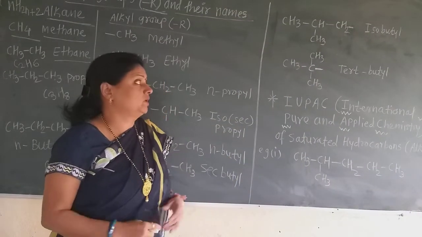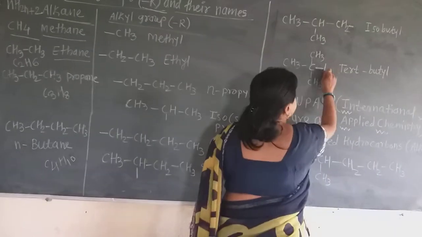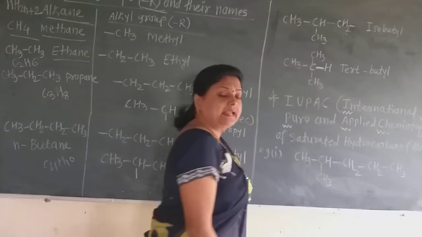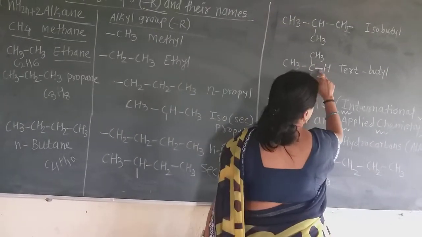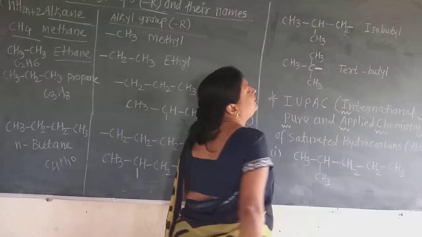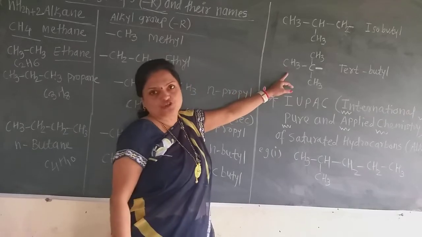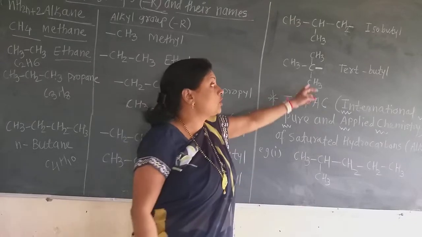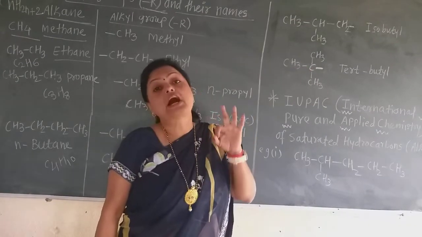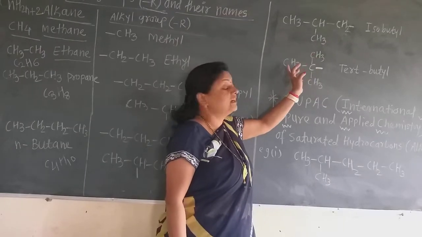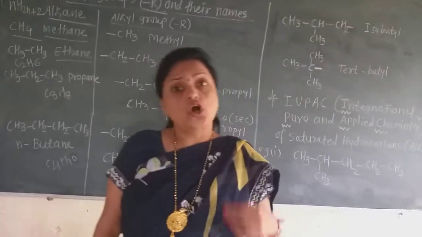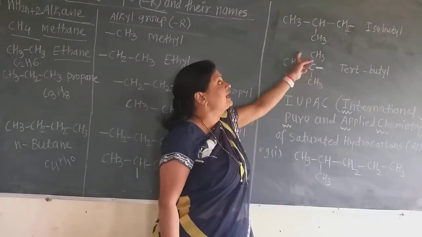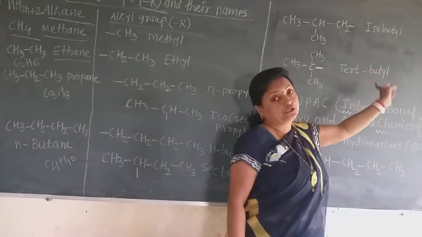Now if I arrange the butane in this way, this is also butane, C4H10. One of the carbons has only one hydrogen, and if I remove that hydrogen, then that alkyl group is called the tertiary butyl group, because in the tertiary butyl group one of the carbons is such that there is no hydrogen atom on it. All 3 different groups attached to it may be methyl groups. Such a carbon is called a tertiary carbon, and as there are 4 carbon atoms, this group is the tertiary butyl group.